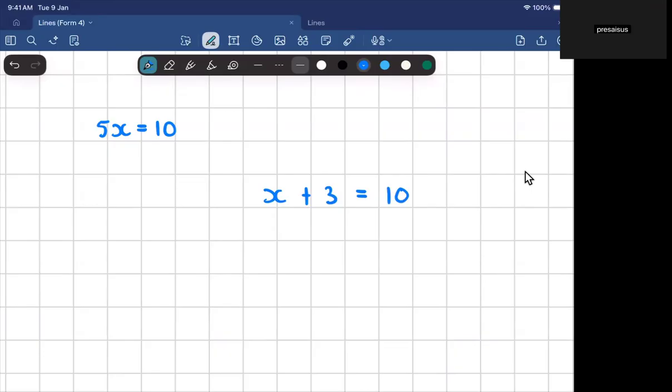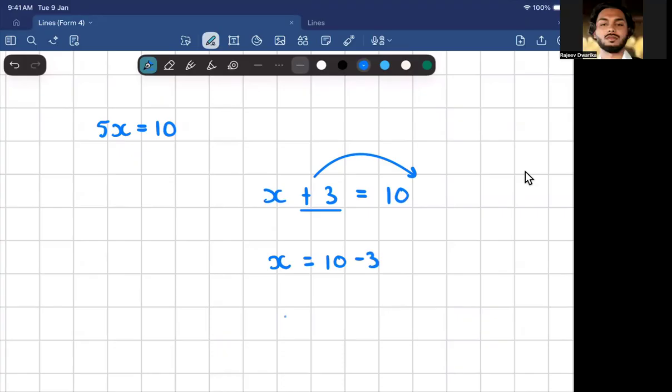So the 3 can't be there. We need to move it across. It will become a negative 3, right? So this plus 3 is going to be moved across, and I'm now going to write x is equal to what? 10 minus, well, negative 3. Right, so x is equal to